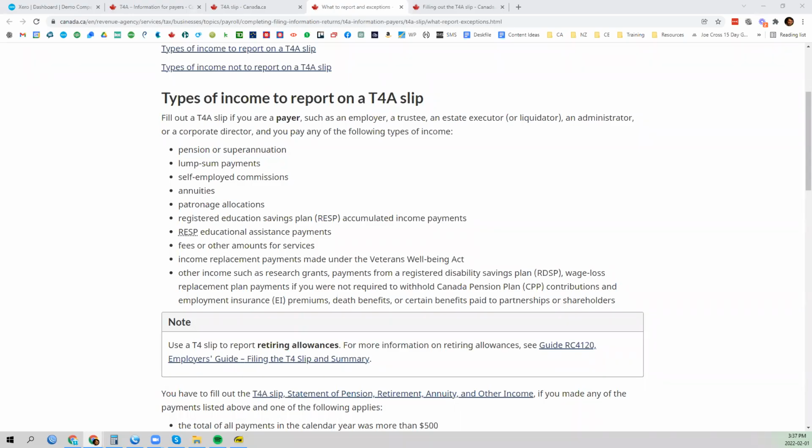In this video, we're going to have a quick look at how you get the information you need to complete your T4A slips that should be sent to CRA by the end of February every year. Now, before you start, you need to have a very good understanding of what you need to be reporting on